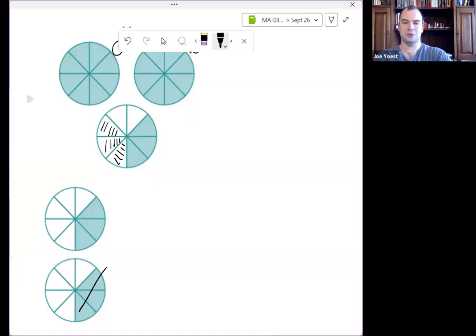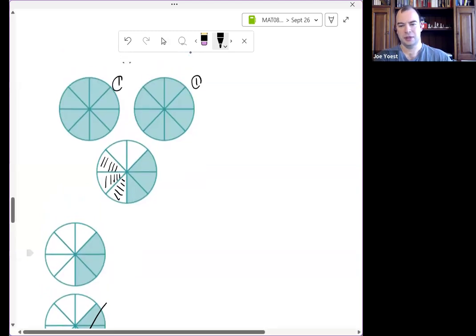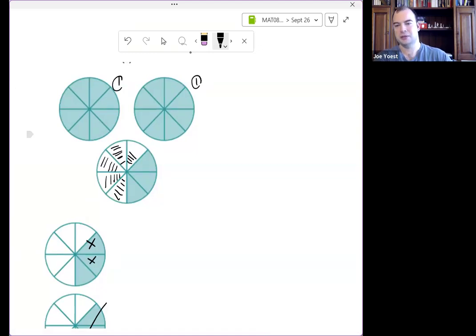I still have some extra room in here. I could move this one, say, up to here. I've still got some extra room on this pizza plate. I can move this one as well. I've actually glued a bunch of pieces together, and actually constructed a complete other whole. And then I'm left with this kind of vestigial 1/8, this slice of pizza that doesn't really fit in with any of the others. So this would be like 3 and 1/8, right?